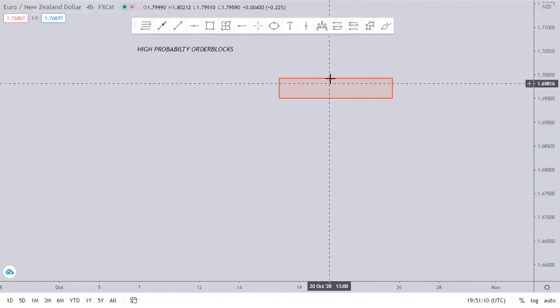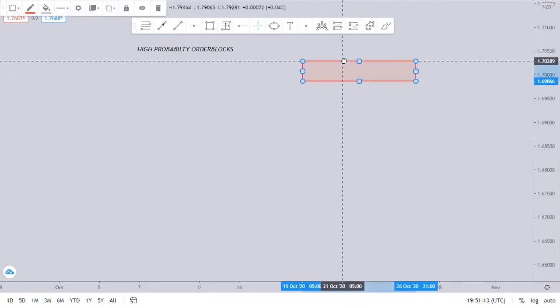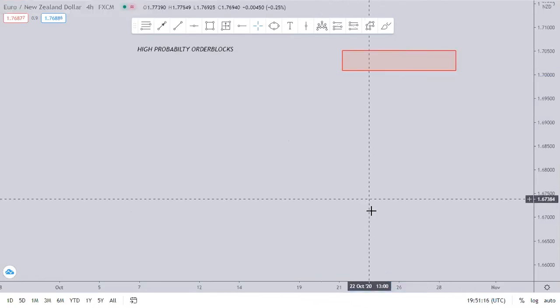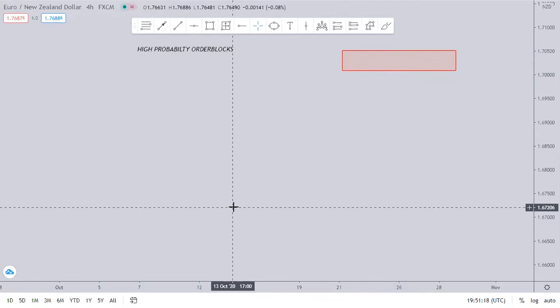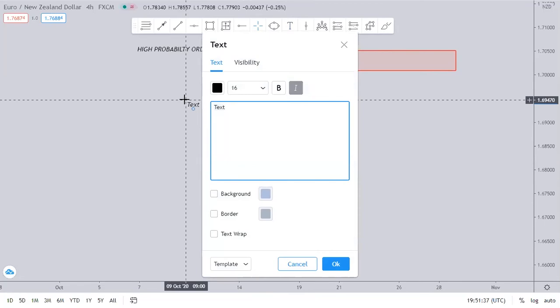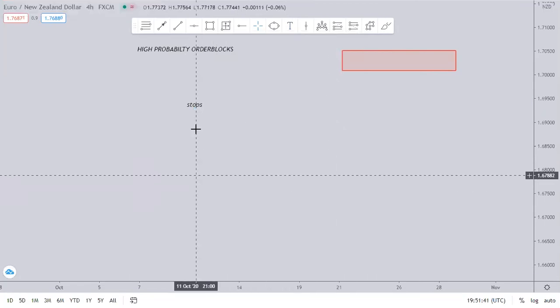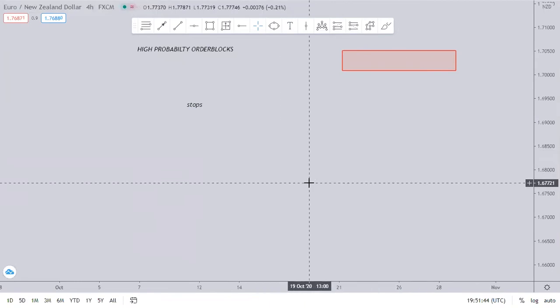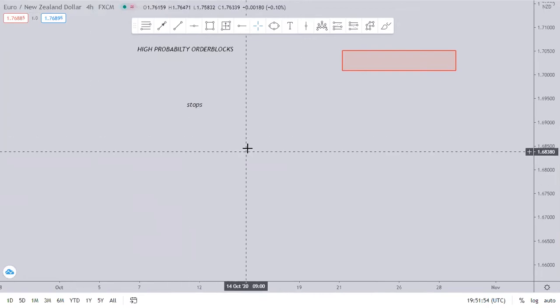Let's start with a bearish order block first. I'll do an illustration and then I'll explain. But before I even do the illustration, let me mention the major way by which we can identify a high probability bearish order block: there are usually stops just under the bearish order block. Stops. And I believe you know what stops are. When I say stops, I'm referring to equal highs, double tops, or old highs. That is what I'm referring to as stops.